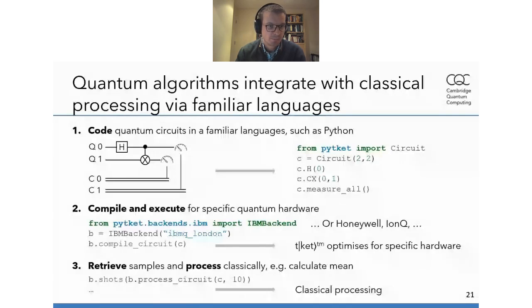And what Tket does in this step is all the heavy lifting for you. Basically, it optimizes your circuit, because oftentimes you have certain steps that are redundant in your circuit, or you have ways to rewrite bits of your circuit. Also, Tket maps the qubits that you specified here to the optimal qubits on the actual device. So for example, you want to use qubits that have very low errors, and Tket does that for you, dependent on the hardware backend that you provide here. Then finally, you send this to the device